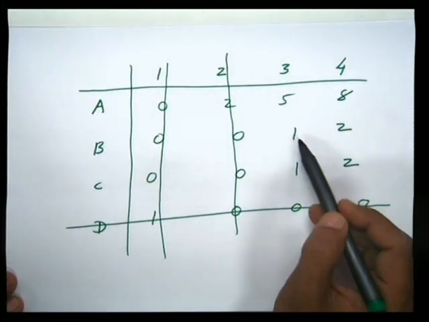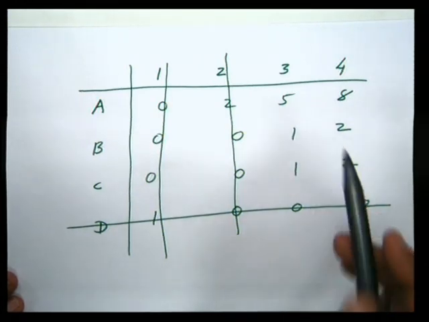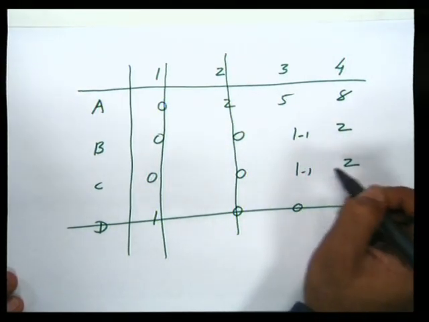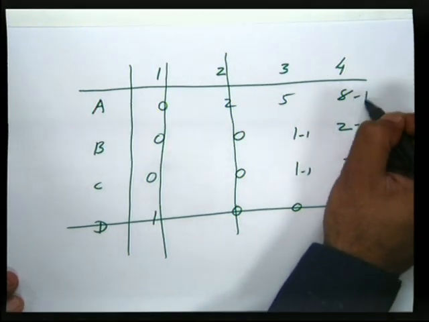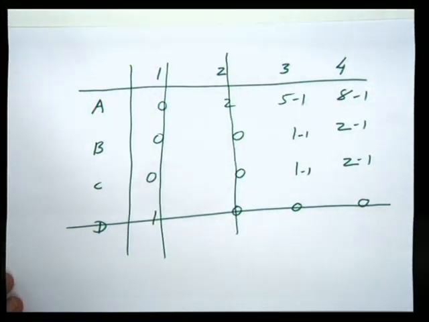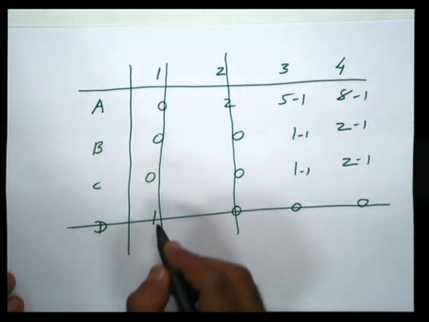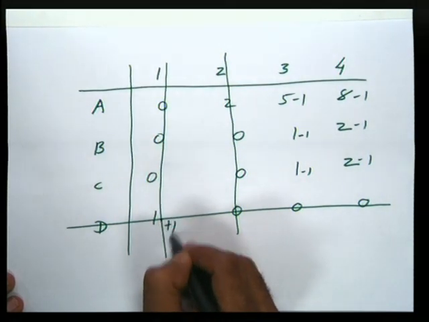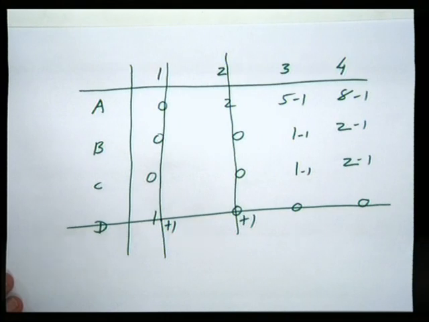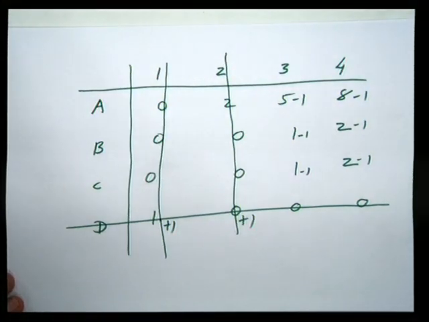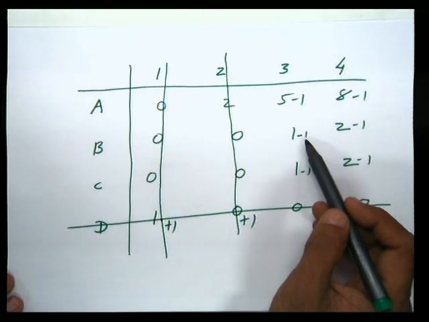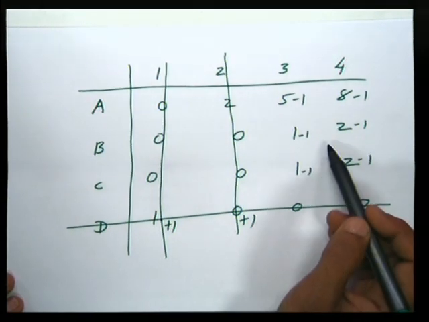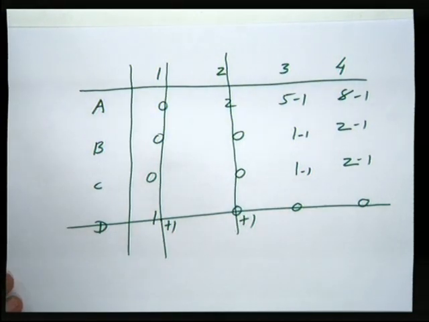If you look at the uncovered part, again 1 is the minimum number. If 1 is the minimum number, then 1 is subtracted from all entries and the same 1 is added where the intersection was made between the lines. So this is an intersection spot of a horizontal and a vertical line, so the same 1 is added here. Again here also 1 is added. So actually we subtracted the minimum element of the uncovered region from uncovered elements and we added the same number at the intersection. So our next table will be again A,